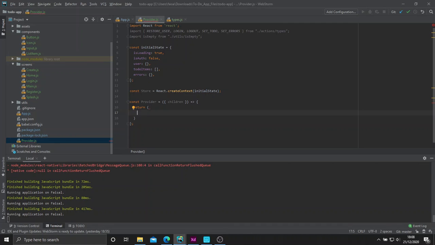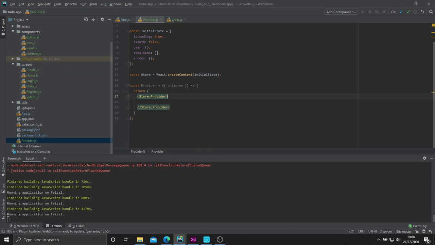So let's go ahead and create our return, which will be store.provider. We're going to take the provider outside of this store here and put that as our container. And next we're going to bring in the object, so curly brackets, and put children here, because we're going